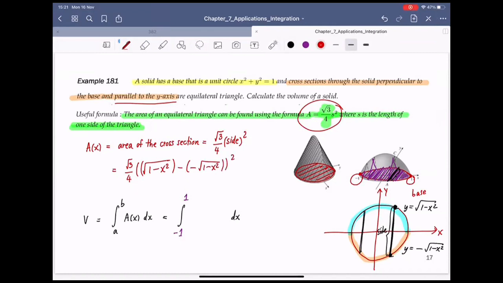Everything squared. All right, here, the one that I highlight in orange is from the bottom curve. The one I highlight in light blue is from the top curve. Sounds good? And then the rest of the work, you just need to simplify it. So you simplify this thing. This is going to be square root 3 over 4, 2 times square root 1 minus x squared, squared. And that is just